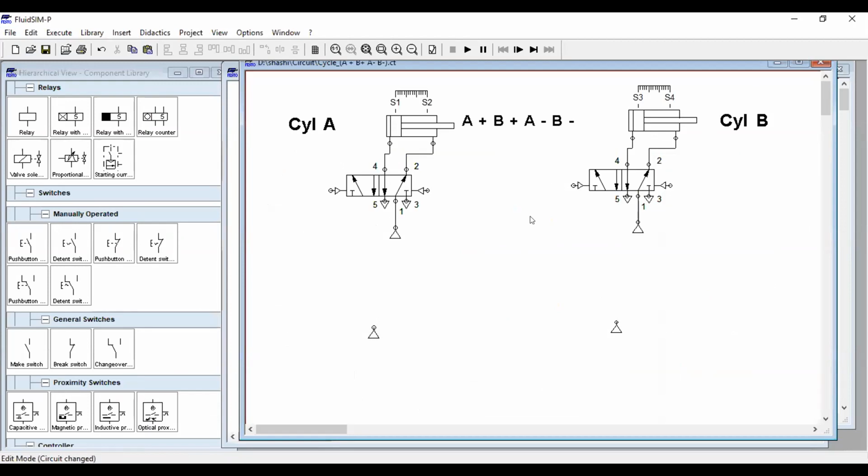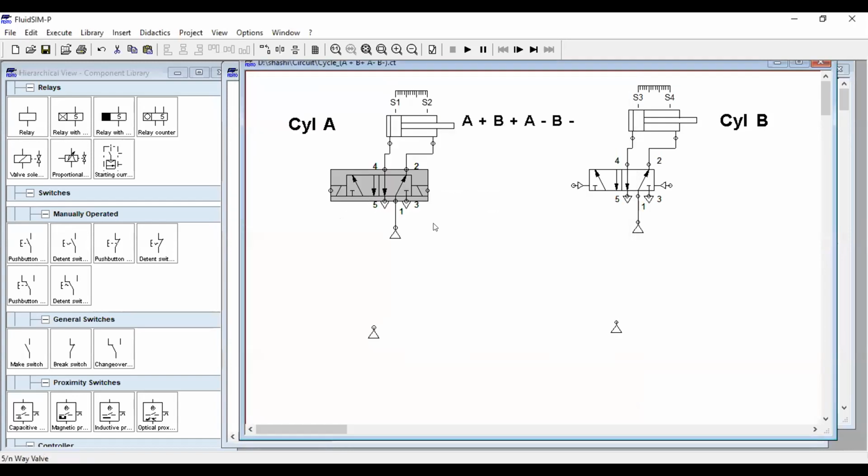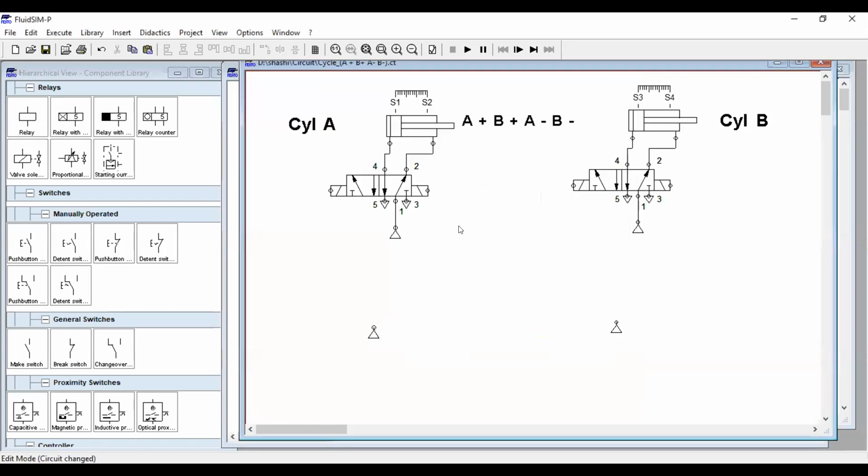Now starting with cylinder A, here we have a pneumatically operated valve. Double click on this one, a pop-up window will open. Here instead of pneumatic, I will select solenoid, that is electrically controlled. So both sides I want as a solenoid. Now you can see solenoid operated symbols are there. Already discussed in the theory lecture during the PPT. The PPT may have those details. This one I will also make as a solenoid. So both are solenoid now, right? We'll delete this too.